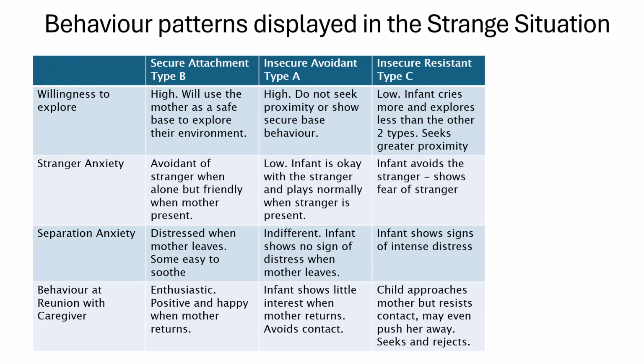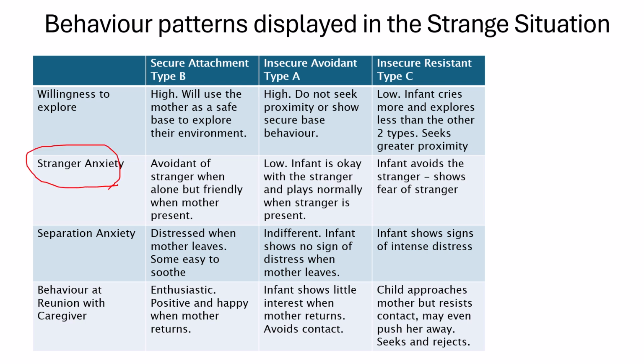Now, what they found was three types of attachment: secure, insecure avoidant, and insecure resistant. You need to be able to describe these types of attachment, how they behave differently, and you also might be asked to compare them, hence the table. If you were to be asked to compare two types of attachment, you would do so by using the criteria here on the left. So you might say, comparing secure and avoidant attachment in terms of stranger anxiety,